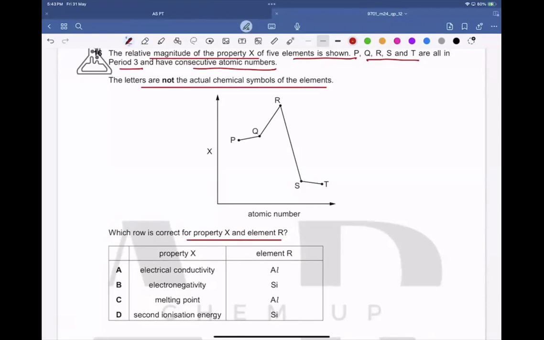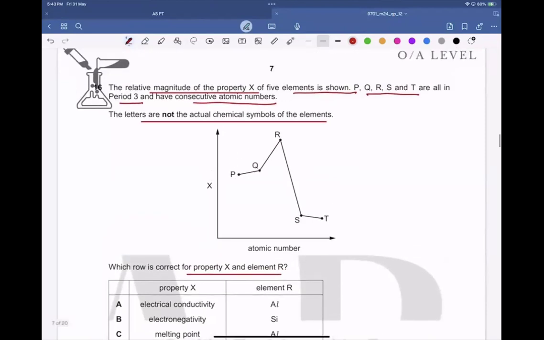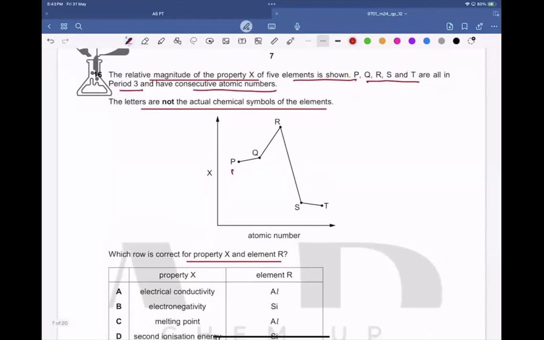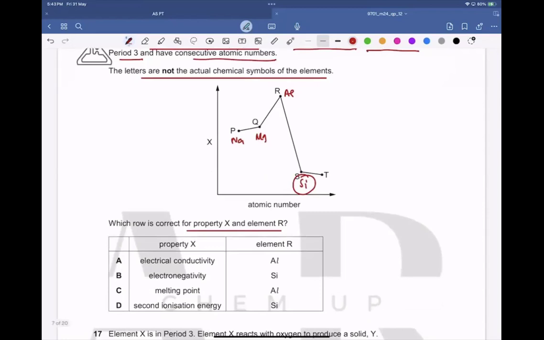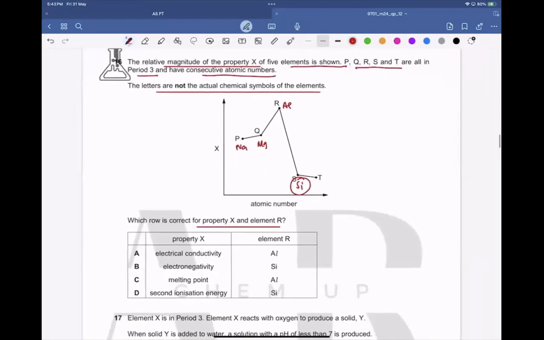So, if anyone recalls, if we assume it's a melting point, because we think of period 3, then it must be sodium, magnesium, aluminum, silicon. So silicon does not have a lower melting point. Silicon's melting point is even greater than aluminum's. So C goes wrong. If we talk about the second ionization energy,